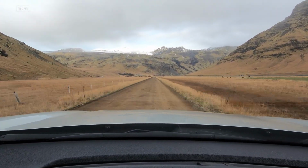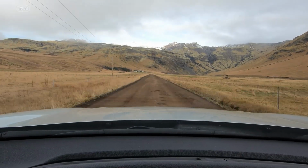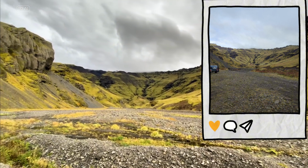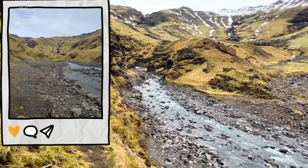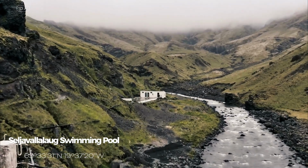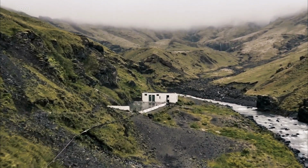We continue our journey eastward, and about 25 minutes away, we find a path that leads us towards the mountain. The road becomes a track, although any car can arrive, and we arrive at a parking lot where there seems to be nothing more interesting. We can continue walking through the valley. In an upward direction, approximately 1 kilometer, we are going to reach the oldest pool in Iceland. In 1923, it was fed with hot water. Although the water temperature when we went was rather temperate, about 20 degrees, and we preferred to leave the experience